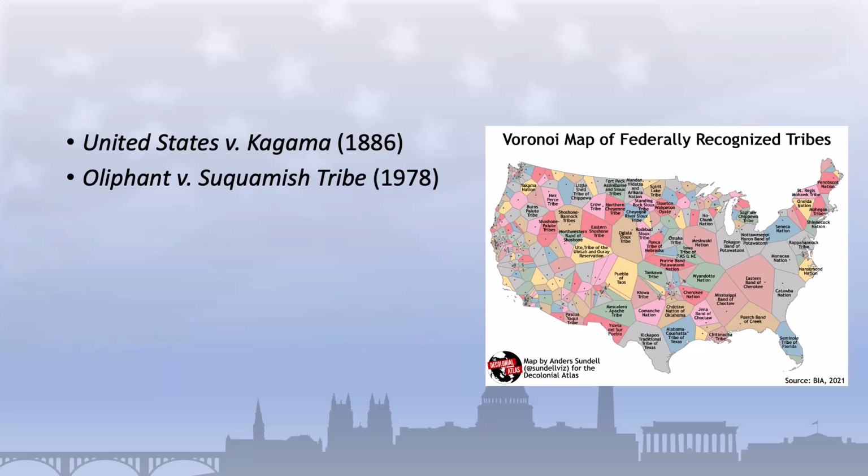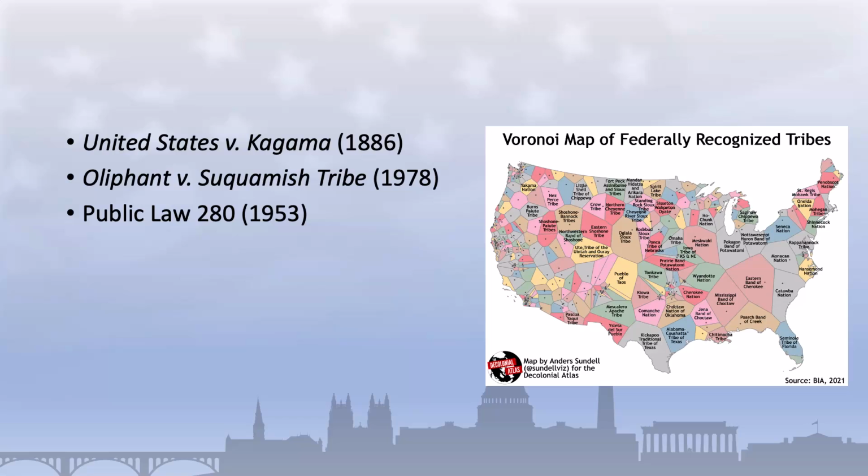More broadly, the passage of Public Law 280 in 1953 granted certain states the authority to exercise jurisdiction over criminal and civil matters on tribal lands. This law significantly limited tribal sovereignty by allowing state governments to interfere in tribal affairs, creating tensions between tribes and states over the appropriate balance of power. Not surprisingly, Public Law 280 has been controversial, with some arguing that it erodes tribal sovereignty, while others contend that it's necessary to address issues such as law enforcement and public safety on tribal lands.